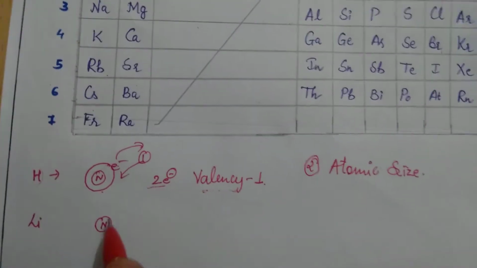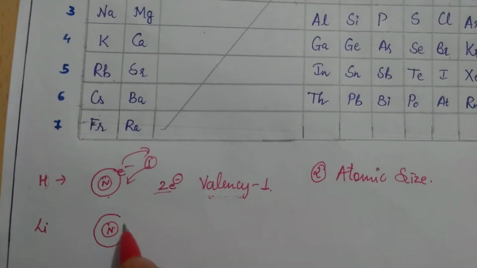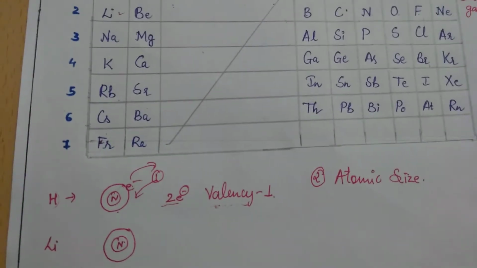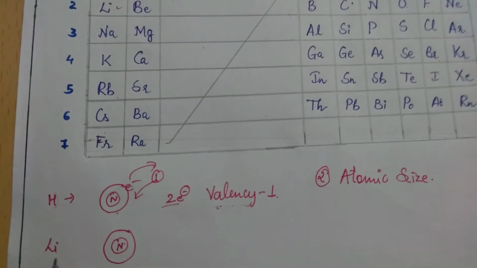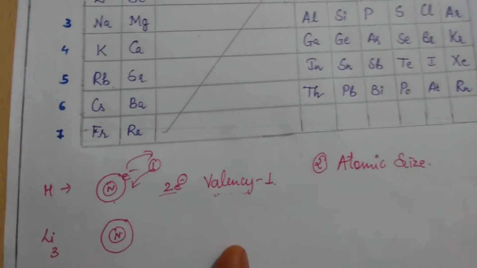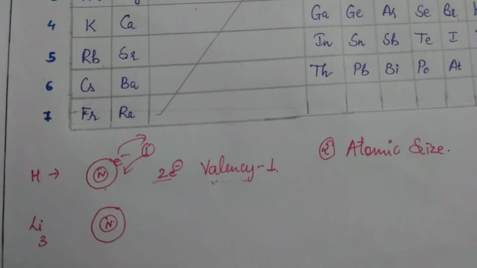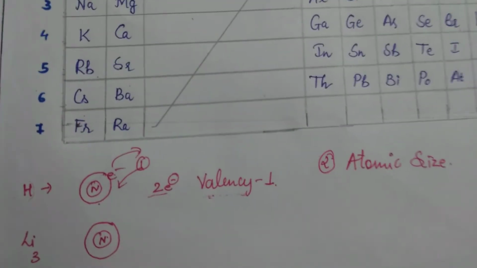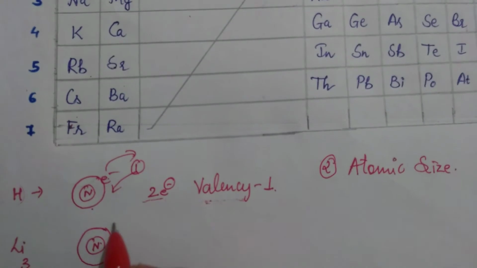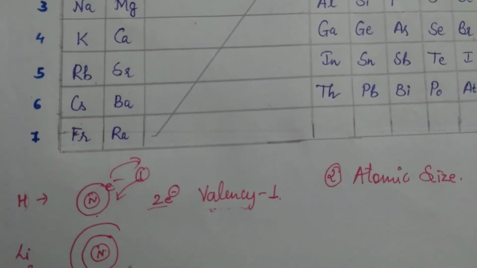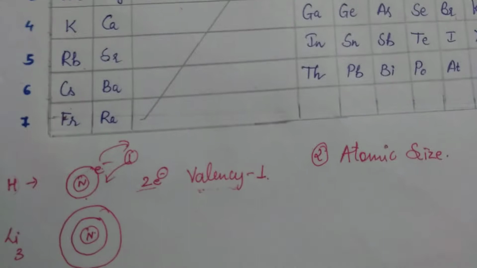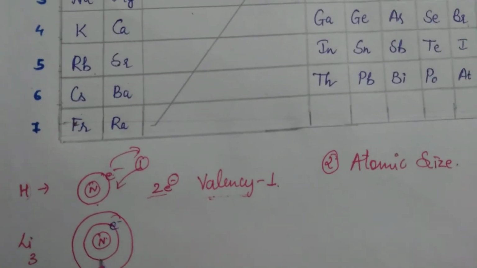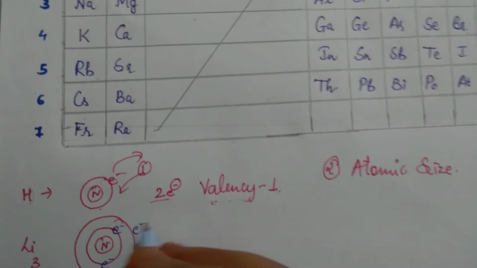We have the nucleus in the center, and before this let's write the atomic number of lithium, that is 3. If we arrange it according to the magic numbers, that is 2, 8, 8, 18, 32, we will get 2 and 1. So it has 2 shells, the first shell and the second shell. Okay, I hope this is clear. The first shell will get 2 electrons, and the second shell will get 1 electron.